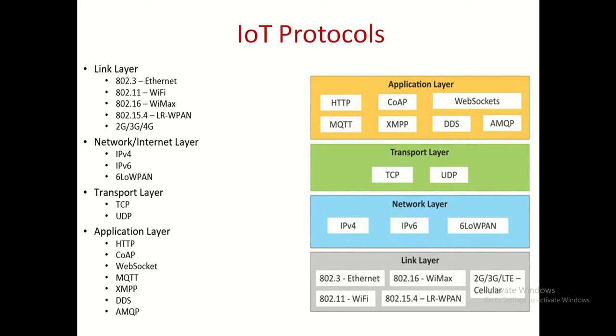So since my physical media could be anything, now that is an application which decides which protocol I make use of when I connect my application into the network. And the topmost is the application layer. So this is all about the messaging, right? How do I communicate? How does communication take place between the client and server?